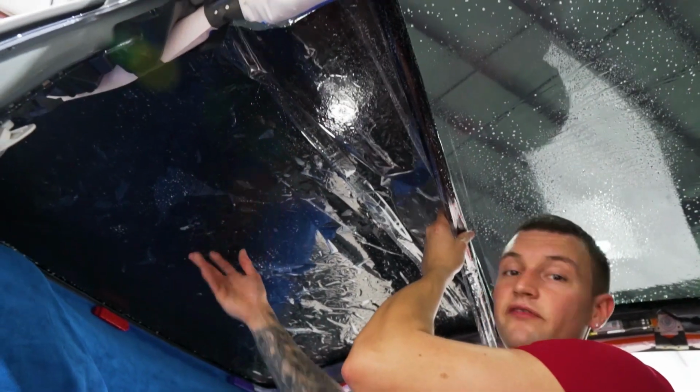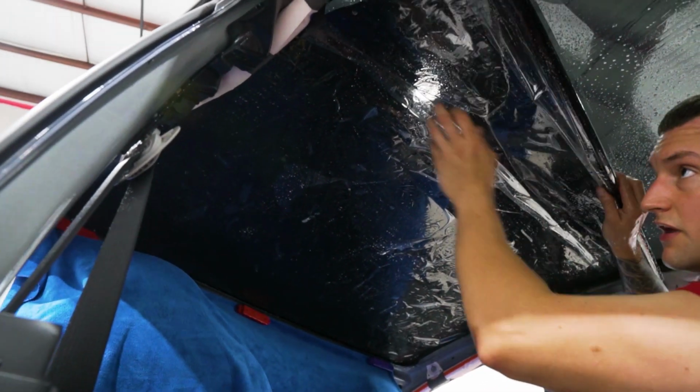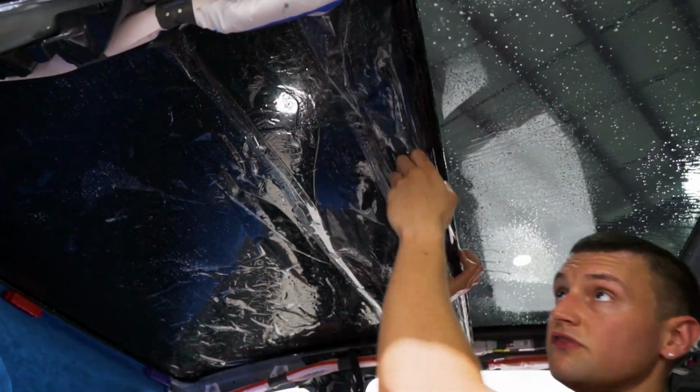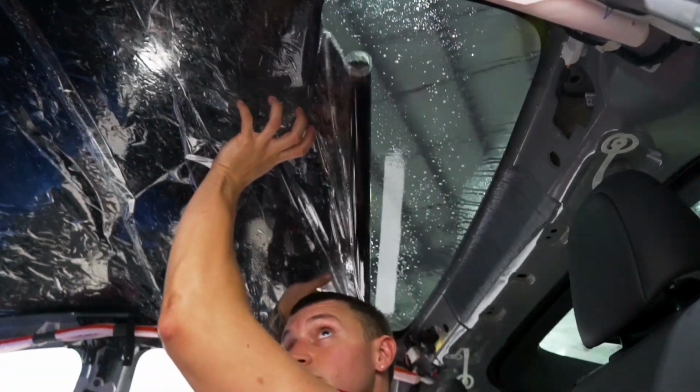All right, so I had to have the camera guy give me a hand really quick to lay down this first 2-foot section. It can get very difficult to do it by yourself. It's always good to have an extra hand. And we'll just continue with the reverse roll onto the back half. And we'll let the PVC pipe just fall behind us,